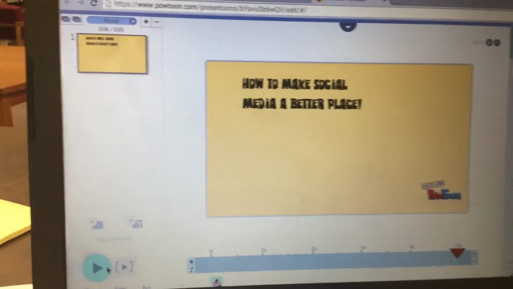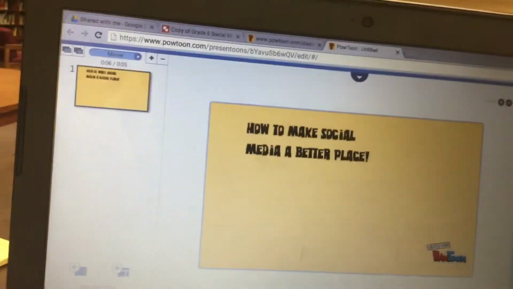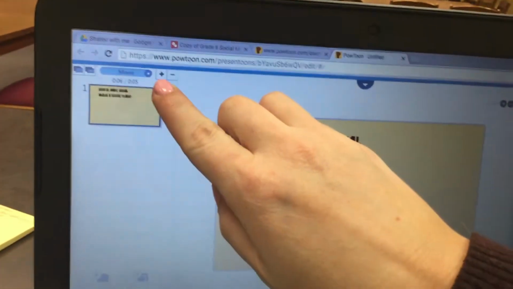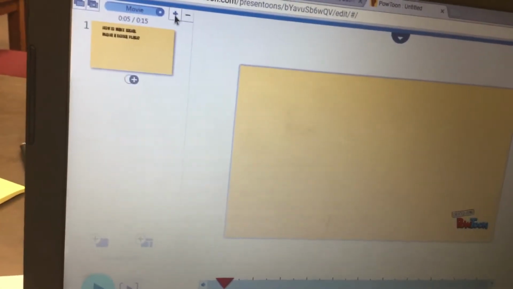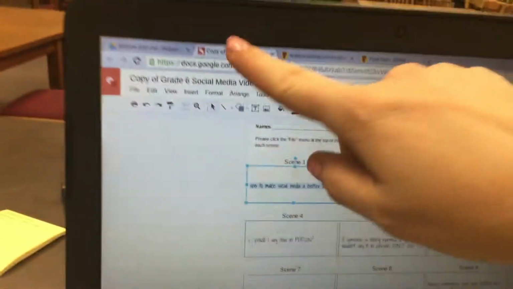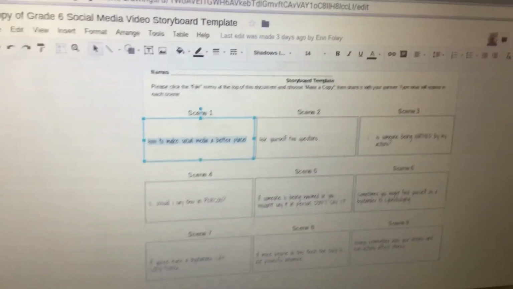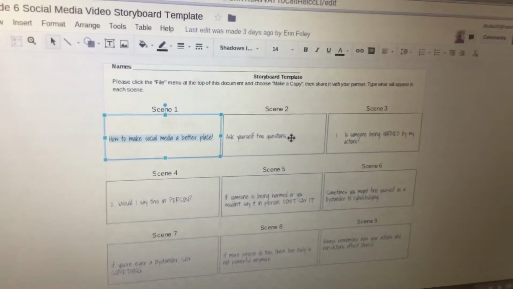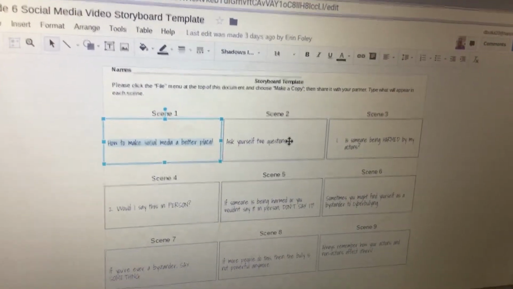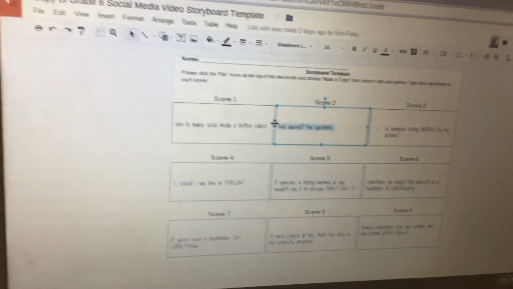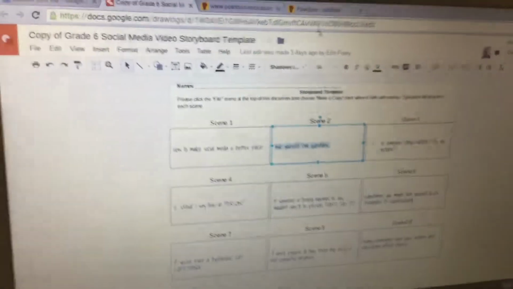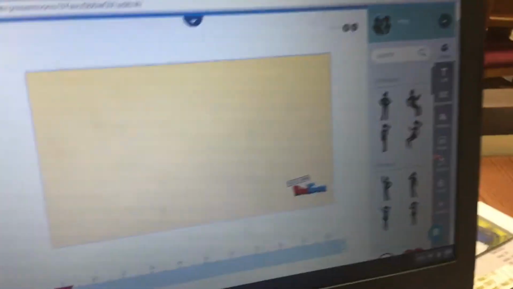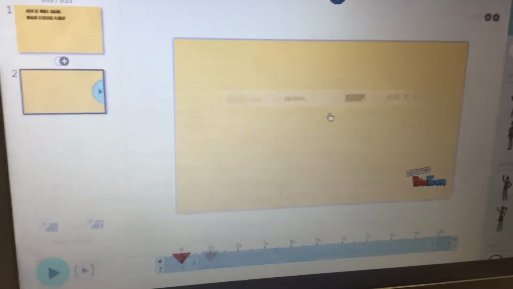Then what you're going to do is add a new slide. So you do that by clicking on the plus sign toward the top left corner. And then you're going to go back and just repeat the same thing that we just did. So you'd go back over to your storyboard template, you would highlight your information in scene 2, and then click and drag to highlight, Control C, click over to Powtoon, click the text button, double click to edit,